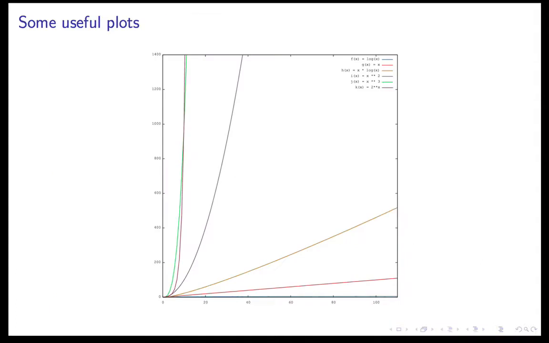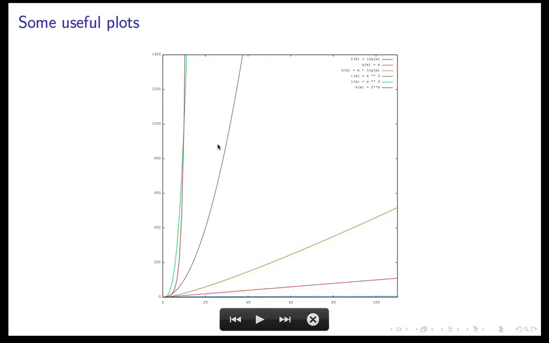Now, I have plotted some functions using GNUplot. The lowermost line which you see, the bluish line, is log n or log x, and then this is x, and then we have x log x or n log n, and then we have x square, and then we have x cube, the green line, and then we have 2 to the power x, that is the maroon color, I would say. So 2 to the power x starts slow, but then it eventually crosses x cube somewhere around 1000.